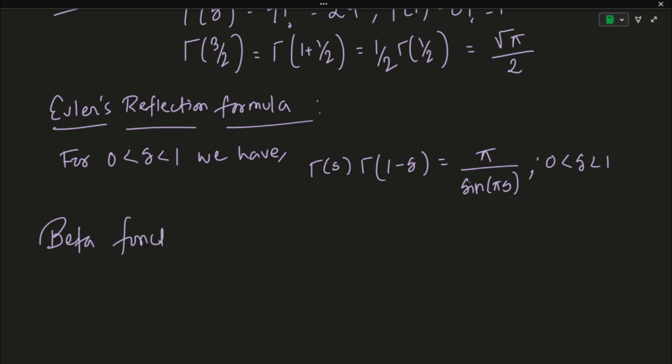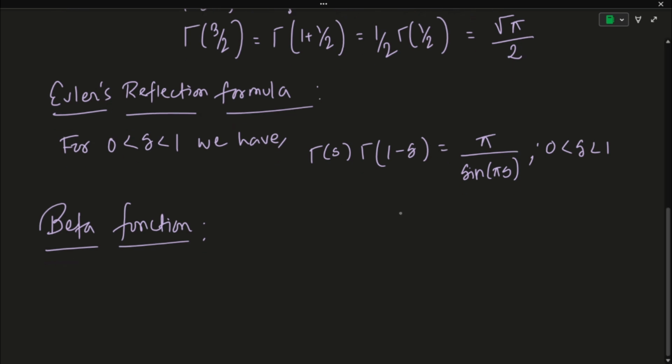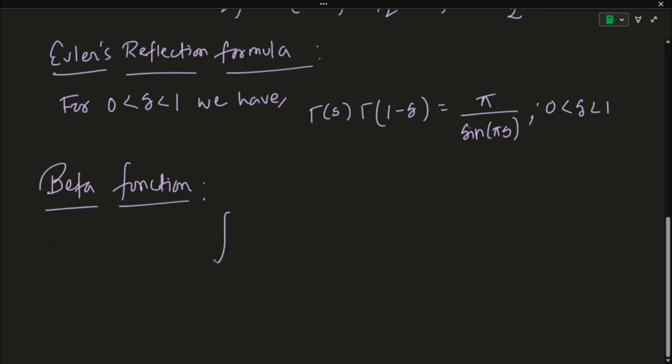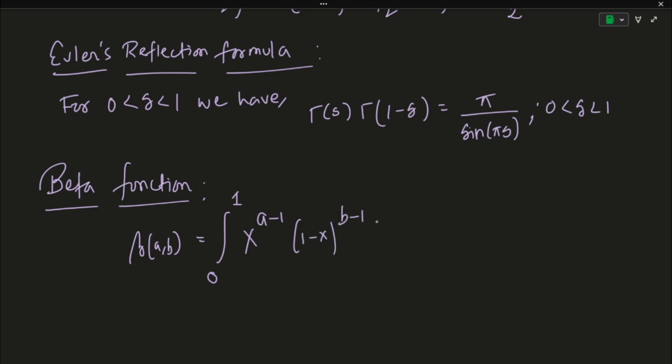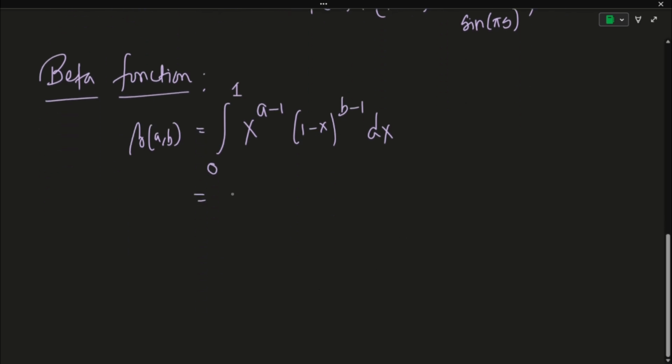Okay, and now the beta function comes later on because it is defined in terms of the gamma function when we are finding out the result. So again, beta of a comma b has two parameters, and it is defined as the integral from 0 to 1 of x to the power a minus 1 and then (1 minus x) to the power b minus 1 dx, correct? So this is the beta function, and there is another definition to it, which is the improper integral version of this,